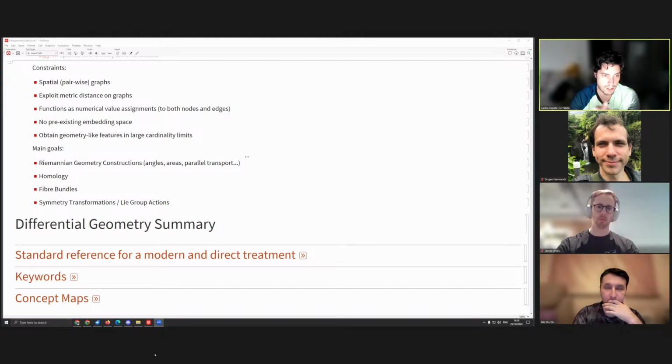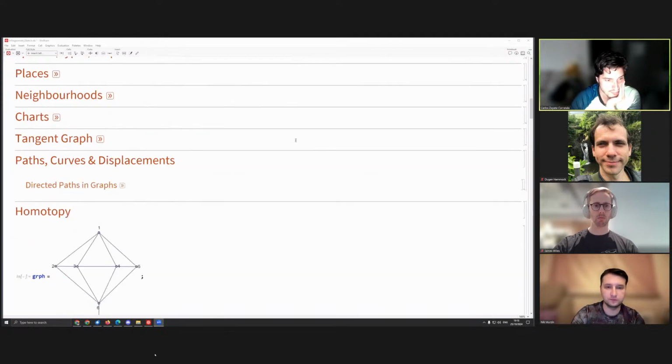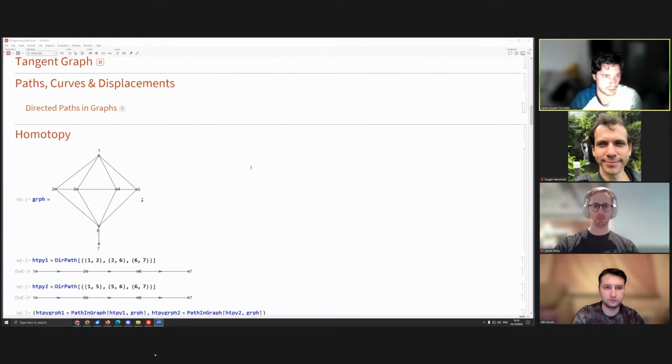So we're going to look at homotopy today just to have something concrete to think about, but it would basically show the essential approach that we're taking with this. So, okay, how do we look at homotopy? If we have the notion of a graph that represents our space,